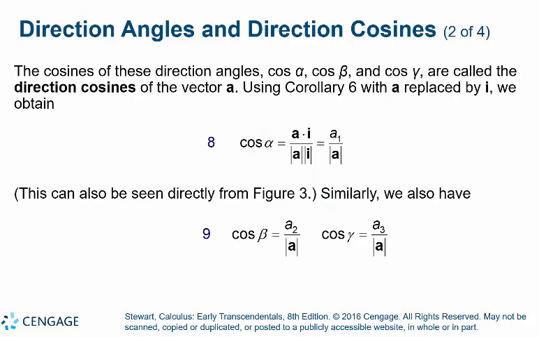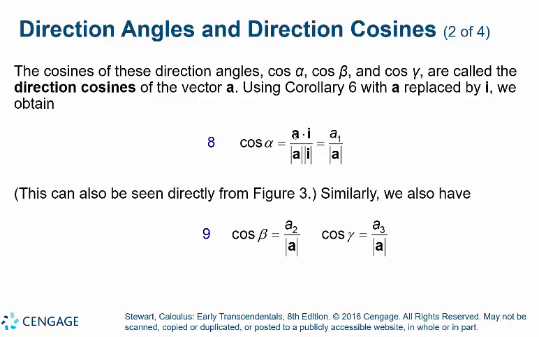Okay, so the cosines of these direction angles, cosine of alpha, cosine of beta, and cosine of gamma, are called the directional cosines of the vector A. So using the corollary from a previous lecture, with vector A replaced by the i, j, k vectors, we obtain the following. Cosine of alpha is equal to A dot i divided by the magnitude of A and the magnitude of i. Well, the dot product of A and i is just